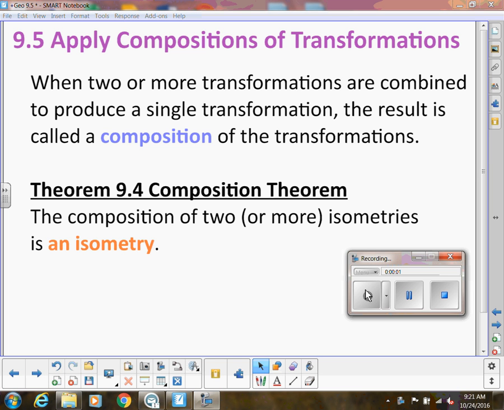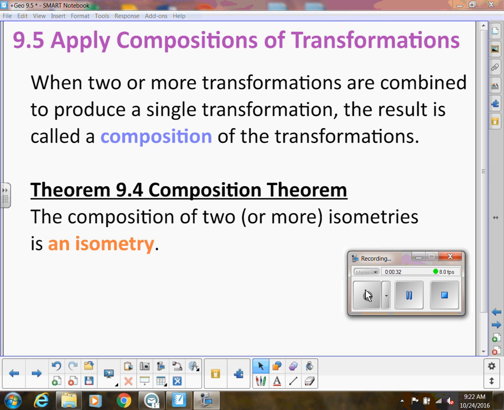So in our last video lesson for this unit, we're going to apply compositions of transformations. And all that means is when we do two or more transformations that are combined to produce a single transformation, that's what we call a composition of transformations. So along those lines, if we do a composition of two or more isometries, then the whole composition is what we consider an isometry. However, if I combine an isometry and a similarity transformation, then we can't call the composition